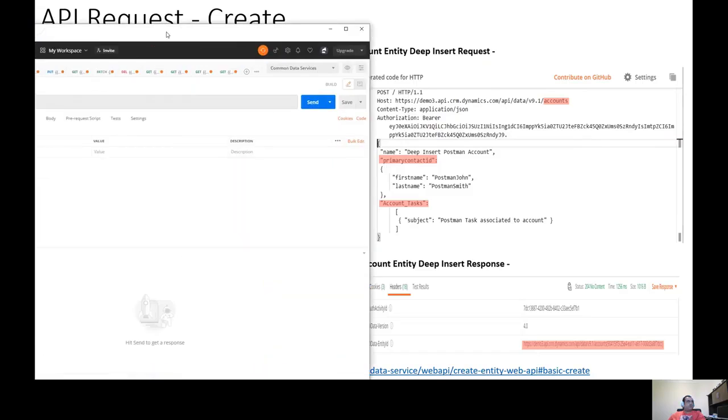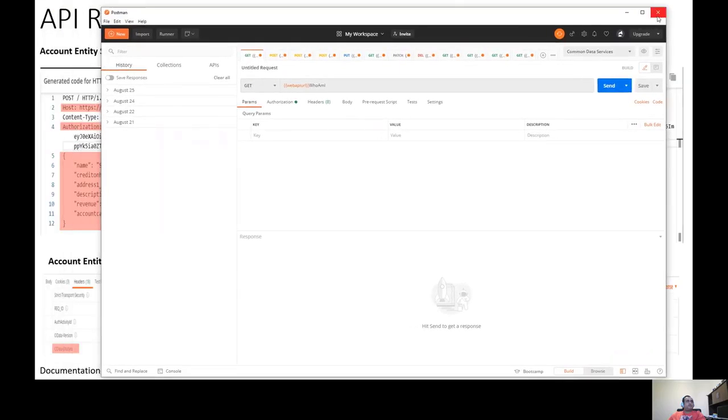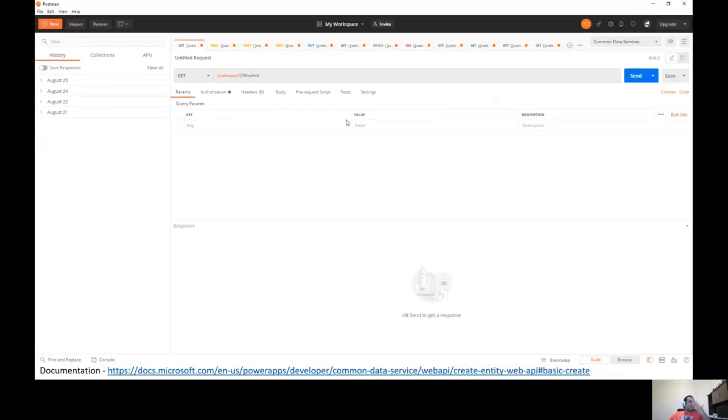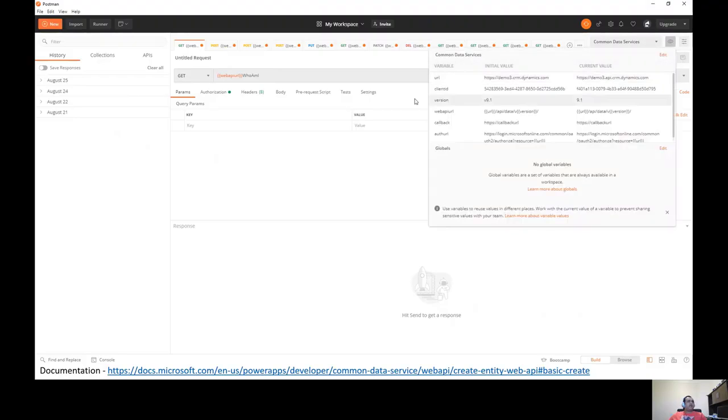and walk you through the create option, just so that it's super easy. And I have a reference of how you can set up Postman. In Postman, if you go and see, I have my URL, which is my CDS instance URL.